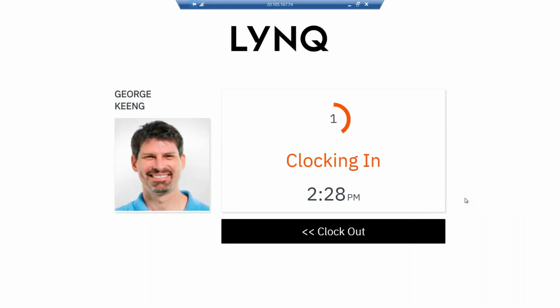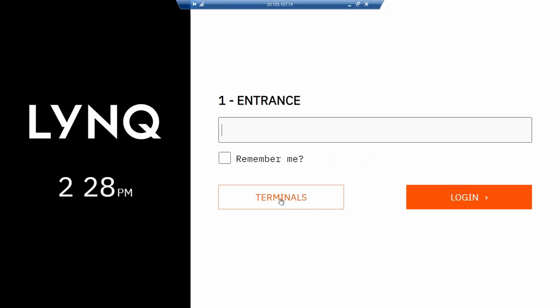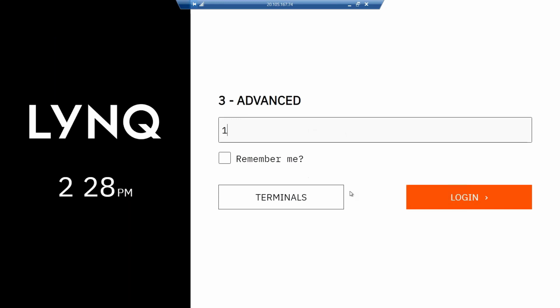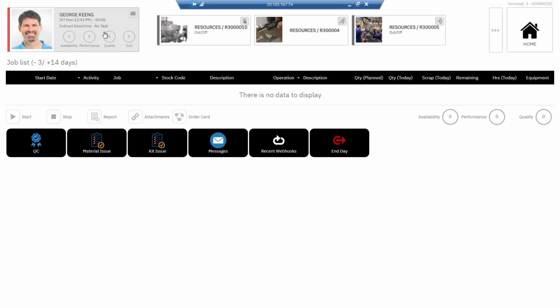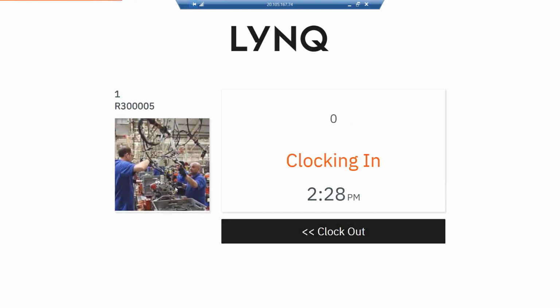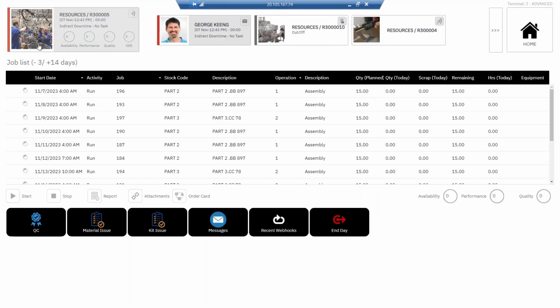So the employee's logging into the building. Here he is, George. Then he's going off to his place of work. There's a terminal down on the shop floor which is configured for him to work in. Here's George now in indirect downtime. He's idling, but George is set up so that he can work in these areas. So he's going to go to this assembly area, click on start, the machine there, and now you can see the list of scheduled production orders for this particular work center.